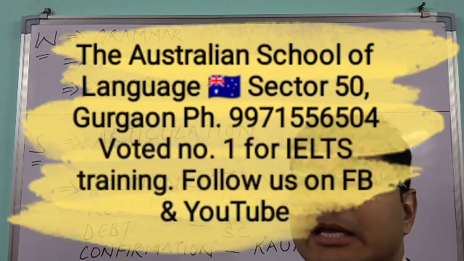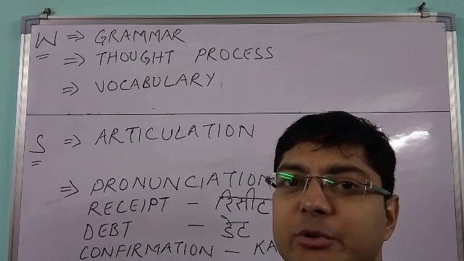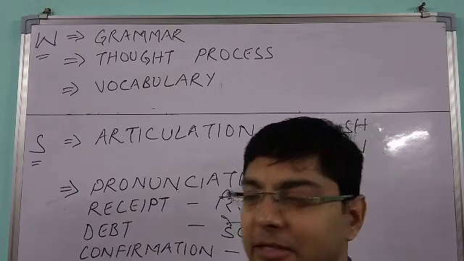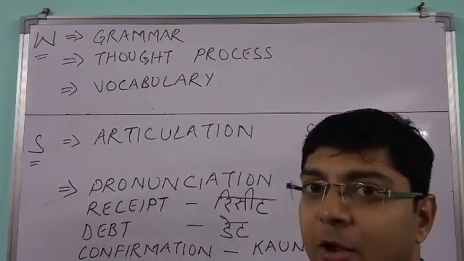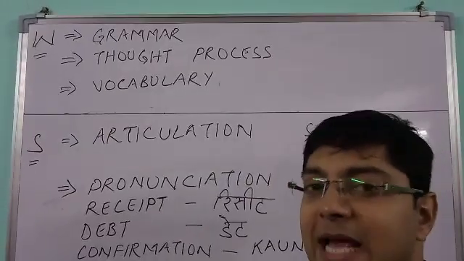My name is Mervyn. Today we'll be talking about the methodology we follow to help our students get the desired score in the IELTS exam, which is 8777. I'll be talking about writing. What do we focus on in writing? In writing we focus on grammar, all the aspects of grammar.